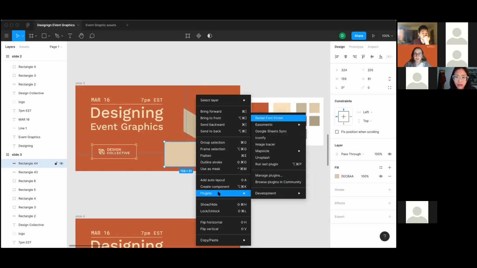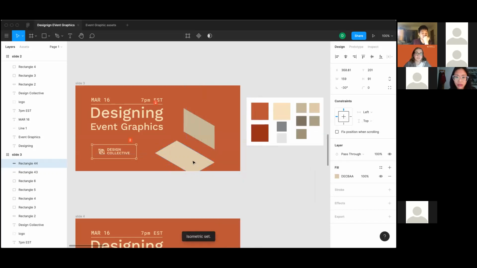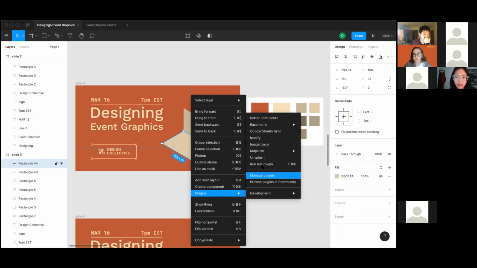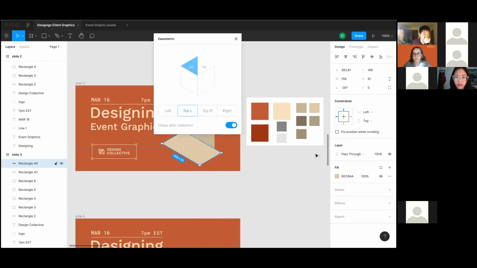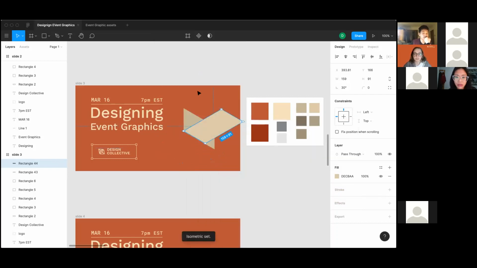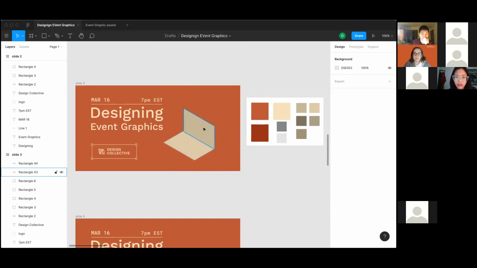And for this one, you're going to want to do top left, and you can play around with this each depending on what orientation your shape is in, and depending on what way you rotate it, it'll do different things. And if you open it like this, you can see which way it goes and click it from there. Anyway, so I'm going to drag this in a little bit. So there's our main computer, and then we're going to do